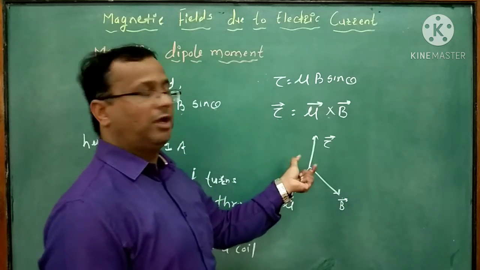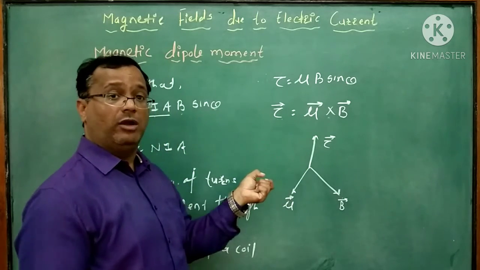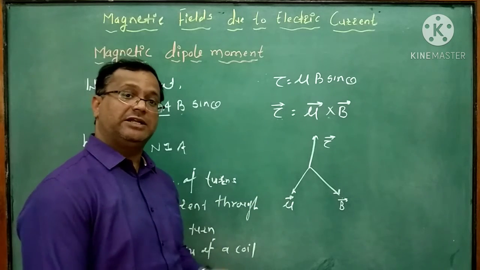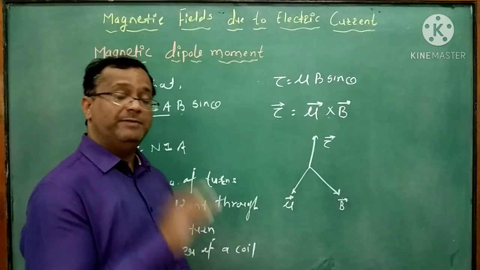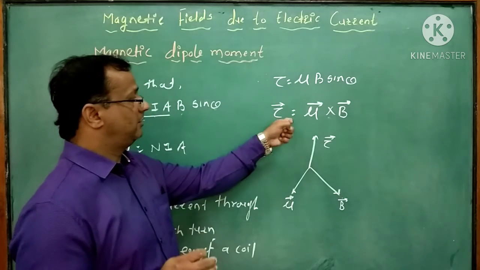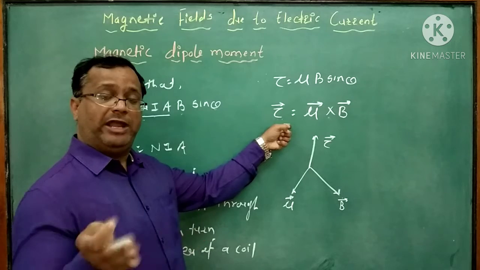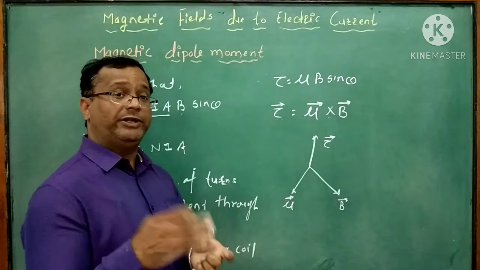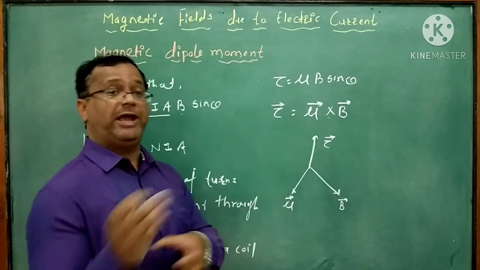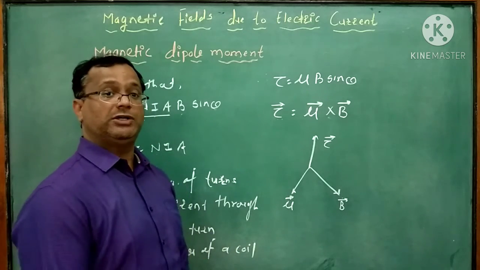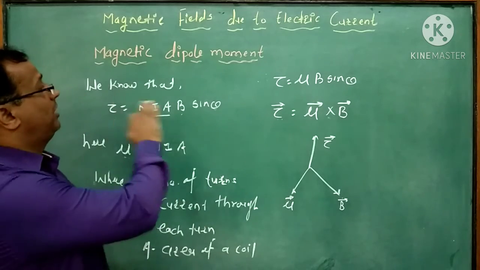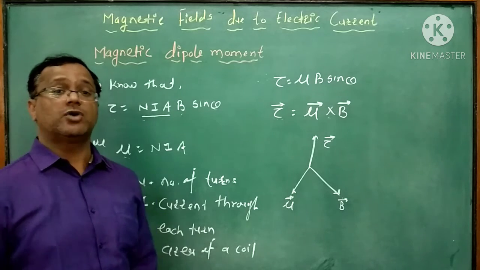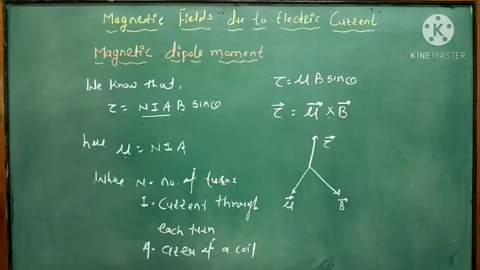This is about the torque acting on a coil through which current flows inside the external magnetic field. Similarly, electric field and magnetic field are analogous to each other. It means that the quantities present in electric field and magnetic field are analogous to each other. So this is about the magnetic dipole moment of a coil. See all the equations once.